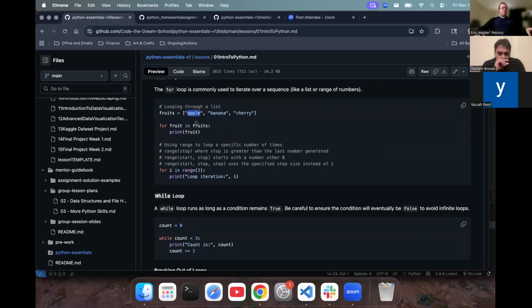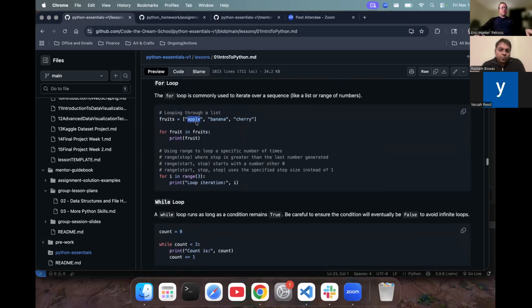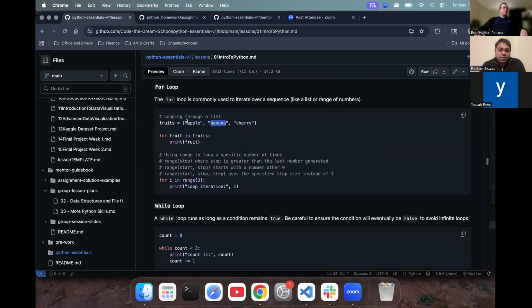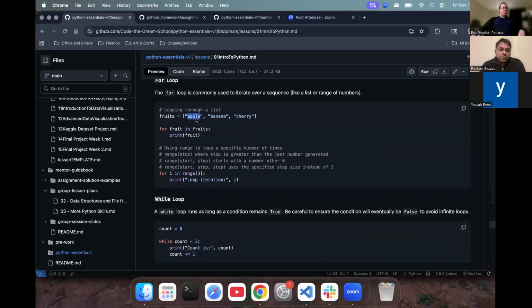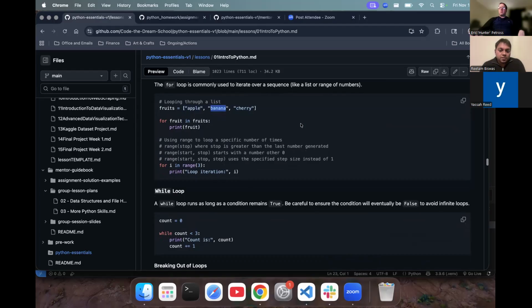But one thing to remember in a list, when we talk about the index, the position of your value, it starts with 0. So the first value would be the 0th index, followed by 1, 2, 3. Right. So this loop iteration